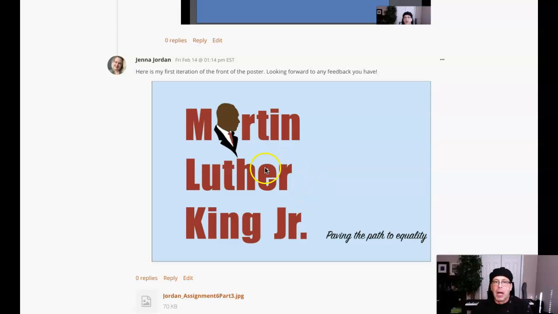All right, let's take a look. Typographically, I think it's pretty good. There's a couple of areas where I think the kerning is definitely in need of some attention. Now, in a bold typeface like this, the best thing, and I'm going to do it right now, is to squint my eyes and look. Sometimes when you squint your eyes, you can see spaces that you wouldn't otherwise see. So for example, this space right here almost looks like Luth and then space ER. So it almost looks like Luth er instead of Luther, right?